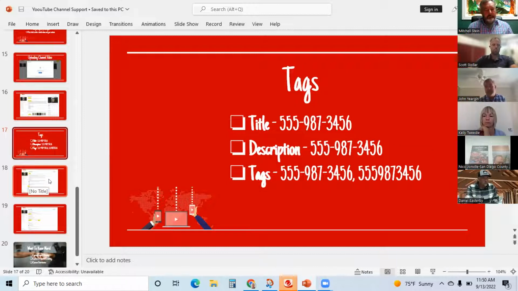Or you can create a cheat sheet. You could have somewhere on a notepad, a digital notepad, on a draft email, something like that. You could have a saved document that has all your tags. That's just an easy way where you're only having to modify a couple of those, right? So if you happen to be making that video out in front of Portos, maybe you're going to add Portos to the description terms and to the tags. But a bulk of them, maybe you've created this list of all your different real estate terminology, your brand, your phone number, your name. And so you're cutting and pasting and dropping that in. And that's just, like I said, a quick hack to make it easier to publish this type of information, okay?